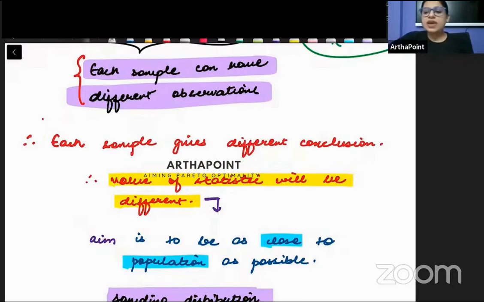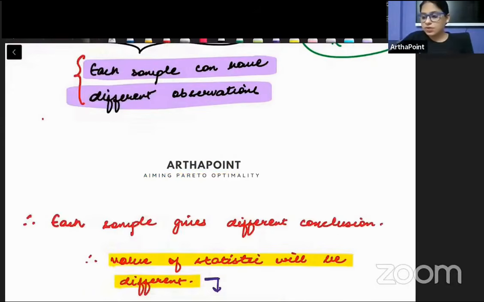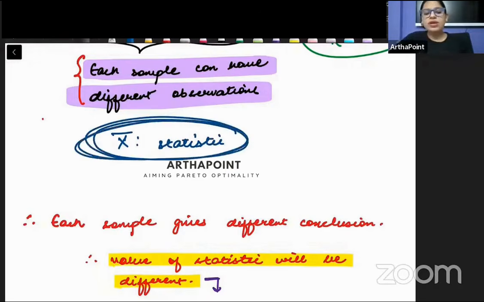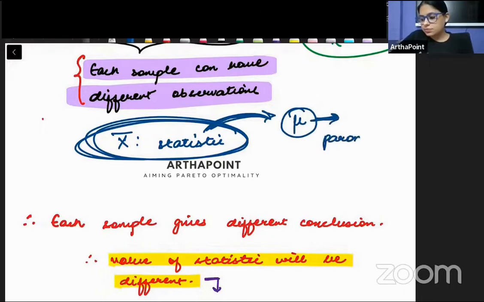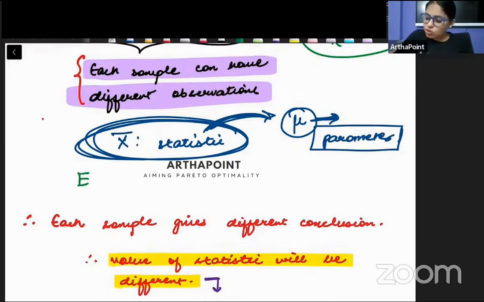Now, if you remember, we had gone ahead and we had called the mean value as the statistic, right? The mean value of the sample was called the statistic. And our aim was to see that this is as close to the value of the population parameter. और अगर आपको याद हो तो in the example that we had done as part of section 5.3, हमने ये बात show की थी कि जब हम mean का mean निकालते हैं, when we find the mean of the mean, it was coming equal to the mean of the population.